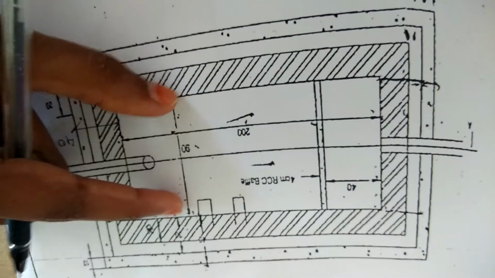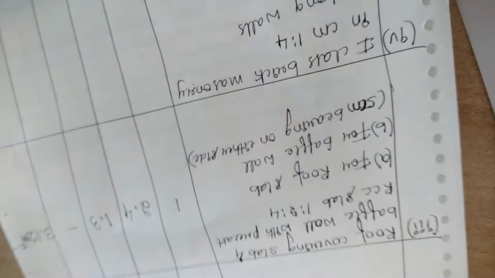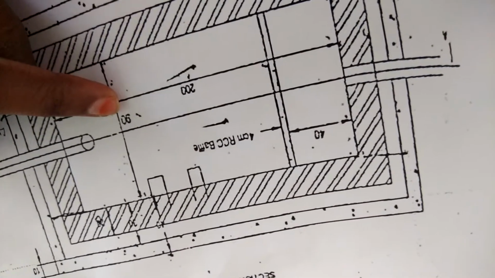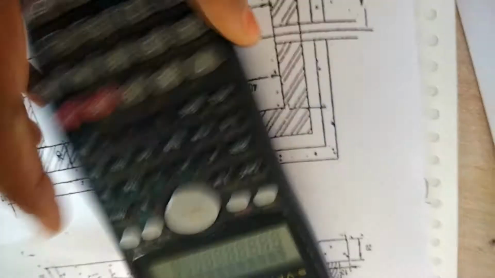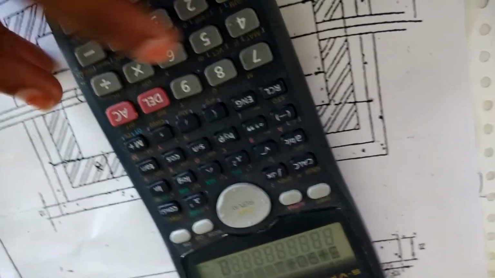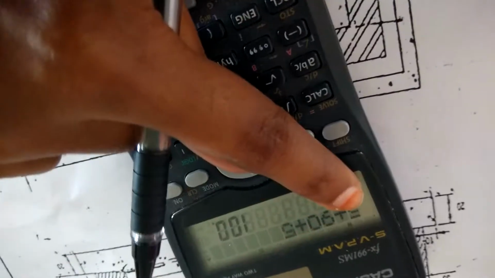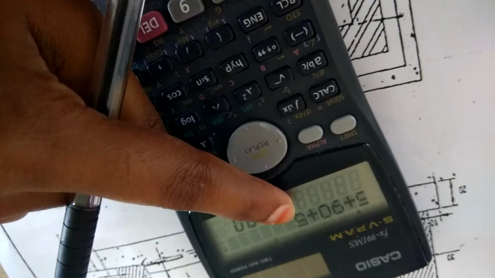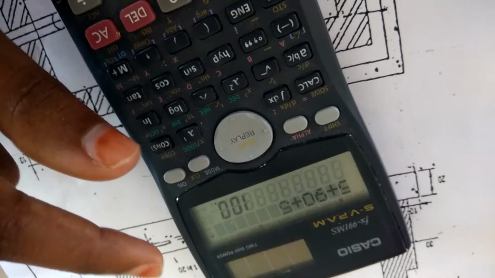So the clear length is 90 centimeter. But we will be considering 5 centimeter of the bearing on either side. That means we have to add 5 centimeter of bearing on both the sides along with this 90 centimeter. So let us add this. First 5 offset, then 90 centimeter, plus another 5 offset. So the offset will be provided on both the sides. So hence you have to add plus 5 before 90 and then plus 5 after 90. Now on adding all the three values, you will get a total value of 100 centimeter. So this 100 centimeter represents the length of the buffel wall.